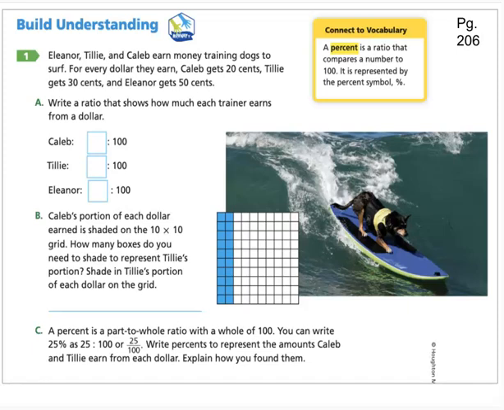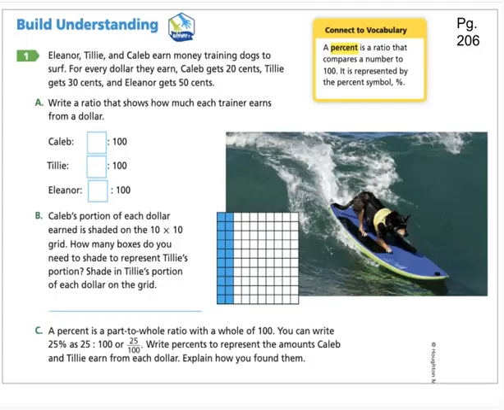Here we are in the book on page 206. You probably already did this, but I just want to go over it, maybe with a little bit more of an explanation. So we know percent is out of 100, and it tells us that Eleanor, Tilly, and Caleb are earning money